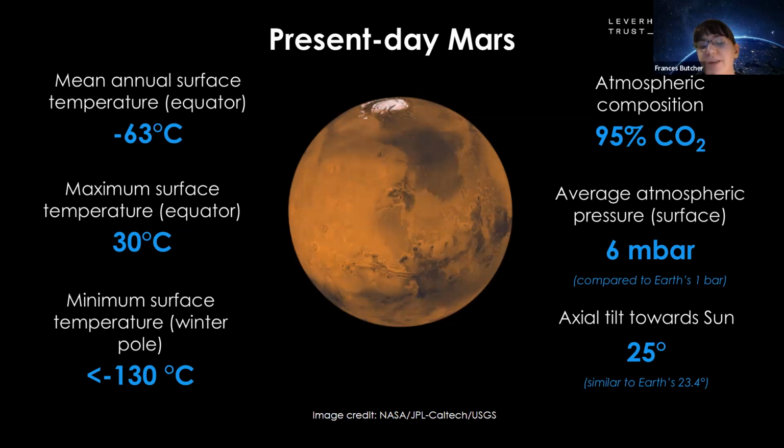The atmospheric pressure on Mars, however, is very low because the atmosphere is so thin. And so unlike Earth, where the distribution of ice is controlled by the temperature relative to the melting point for the most part, on Mars it's actually controlled by the sublimation point. So this 6 millibar atmospheric pressure is below the triple point of water, just below it, not very far, but just below it. And that means that actually liquid water isn't stable on the surface right now. And so ice tends to turn straight to a gas, and gas tends to turn straight to ice without going through the liquid phase. And so rather than thinking about melt controlling the distribution of ice, we're thinking currently about